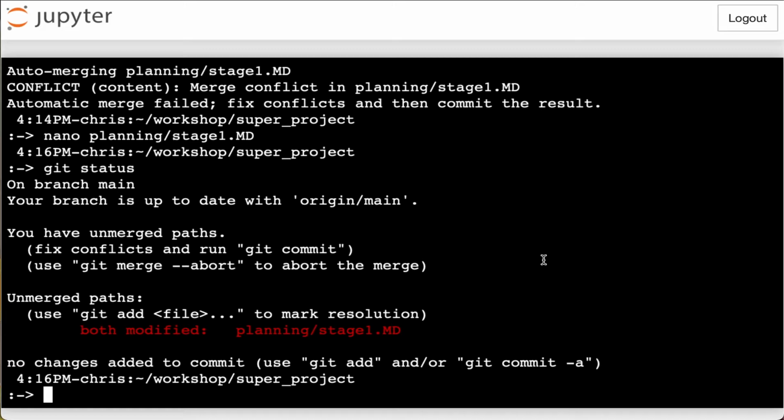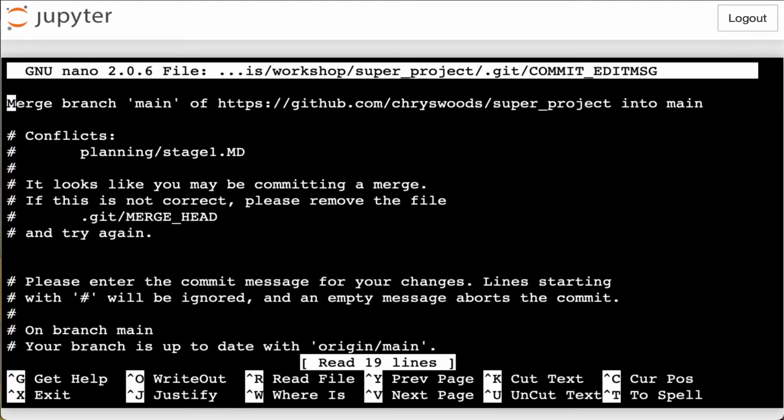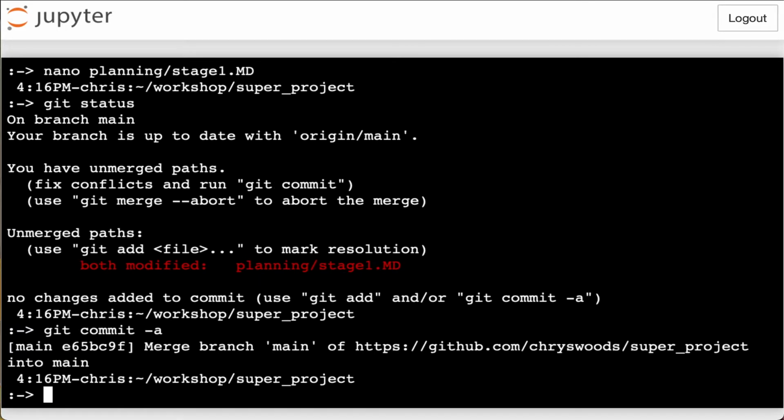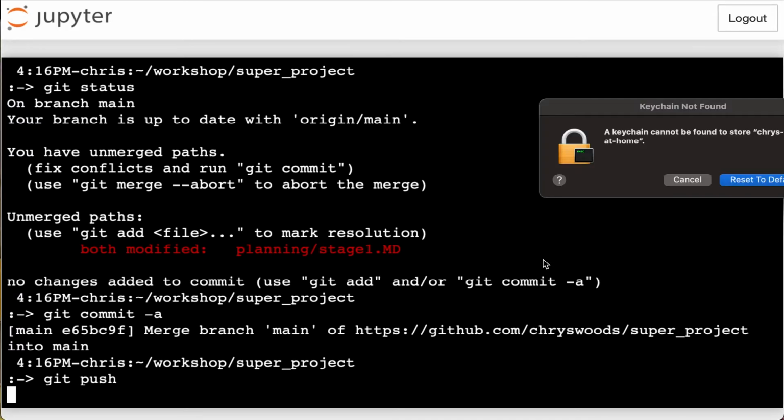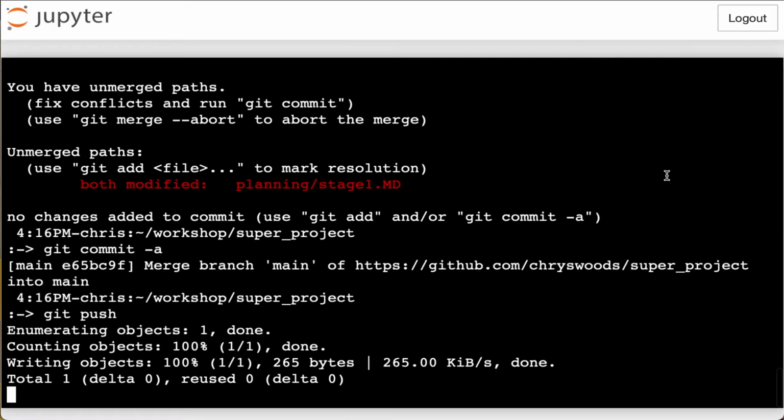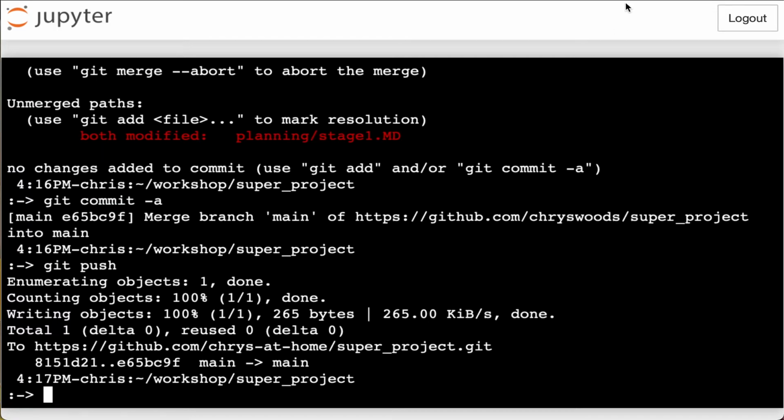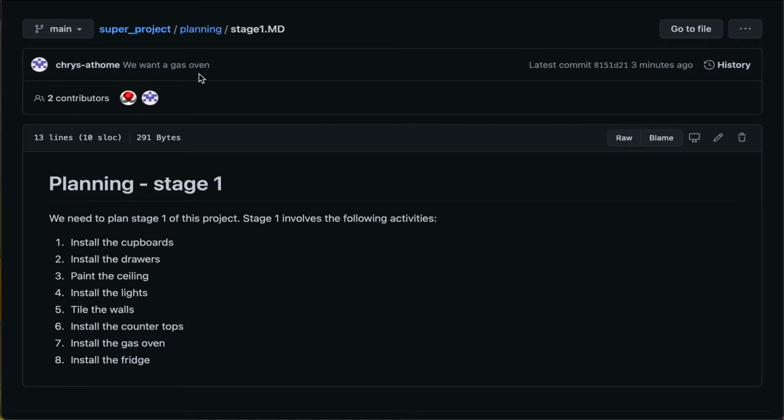Okay, now I've done that, I can do git commit -a, and you can see it now has that little automatic merge branch message, and indeed shows there is a conflict and you've merged things correctly, so we don't even have to edit this, it's all automatic. And now that we've done that, we can now git push to push this to our fork. There we are. So that's pushed, and again, if we look on GitHub,